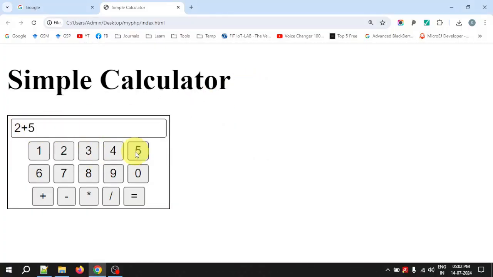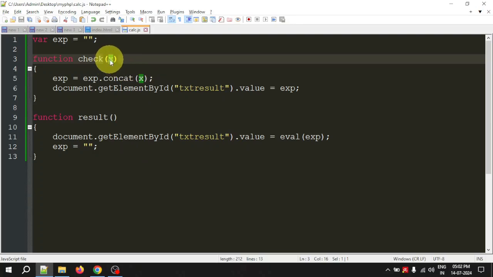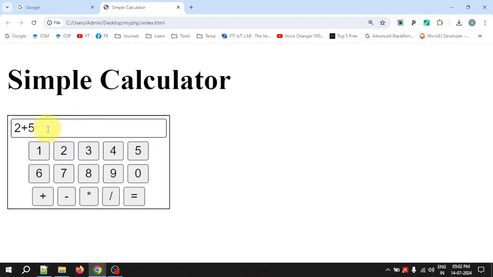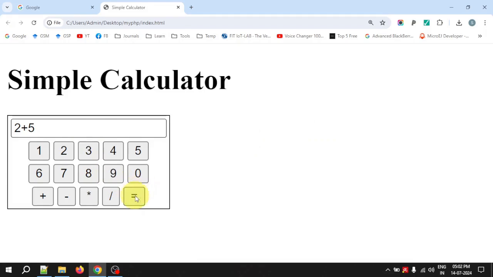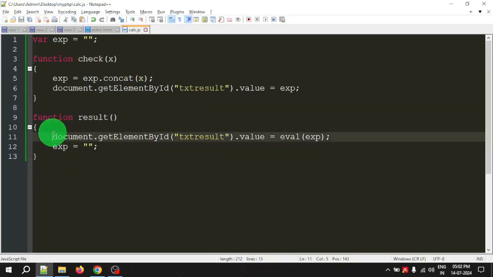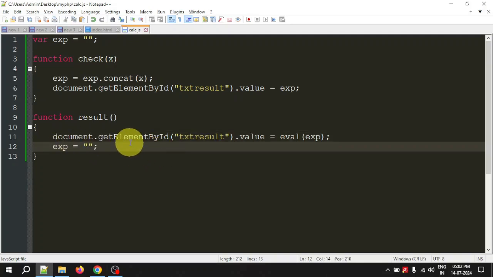Similarly, if I give 5, again 5 will come into X. We are concatenating it with the expression which is having 2 plus. So now it becomes 2 plus 5, and we are displaying that in the text field. Okay, that's how you are seeing these things. Now when will we execute this result? When I click equal to. Okay, so when I click equal to, this function gets executed,